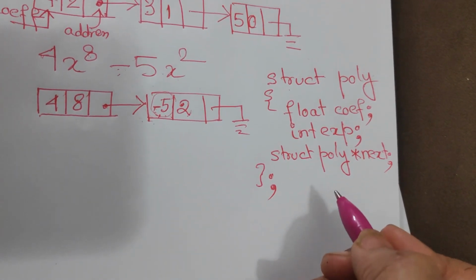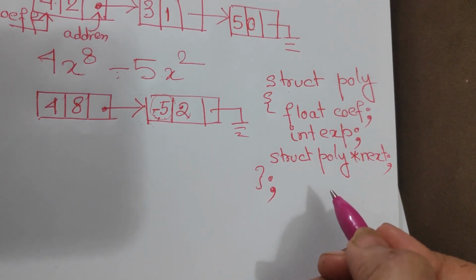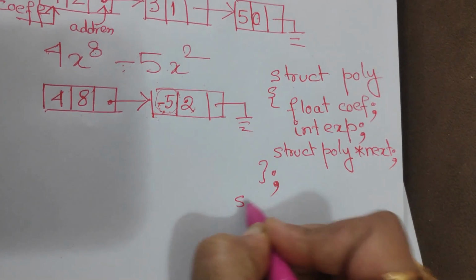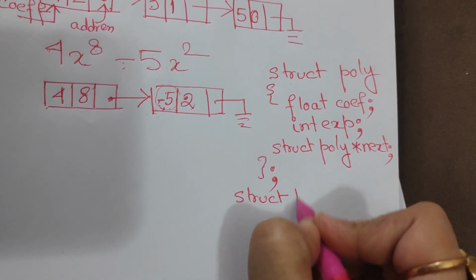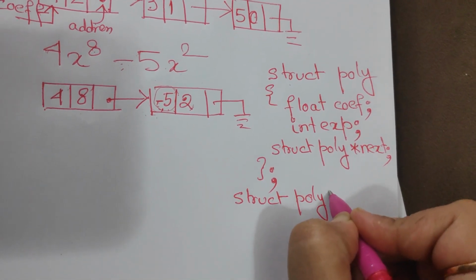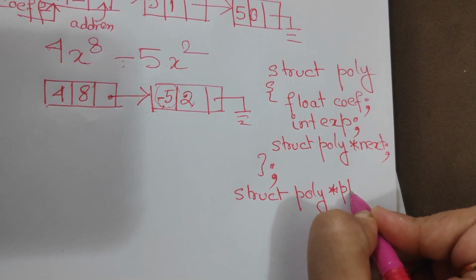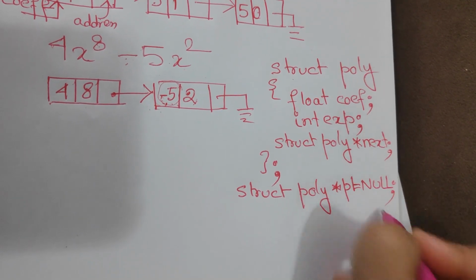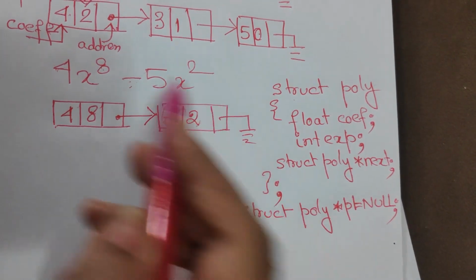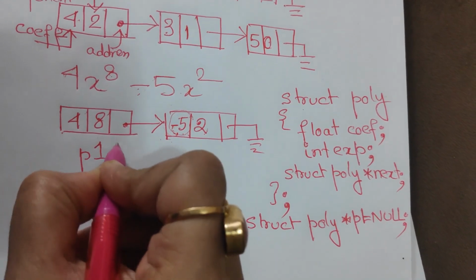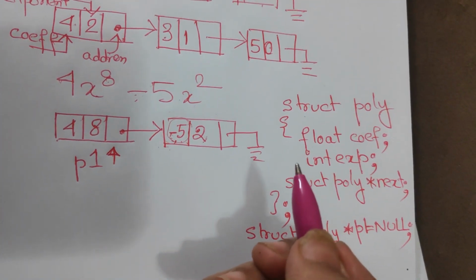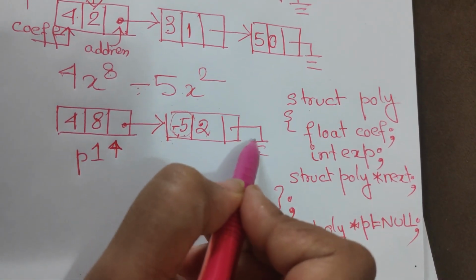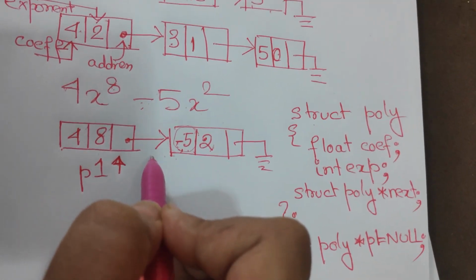And then, as we have done in linked list, we declare a head node. You can declare the head node like this: P1. P1 will point at the first node of the polynomial. So when you declare a polynomial, you will make P1 point at the first node of your polynomial. As a result, this P1 will lead you to the different nodes in the polynomial, each representing one of the terms.